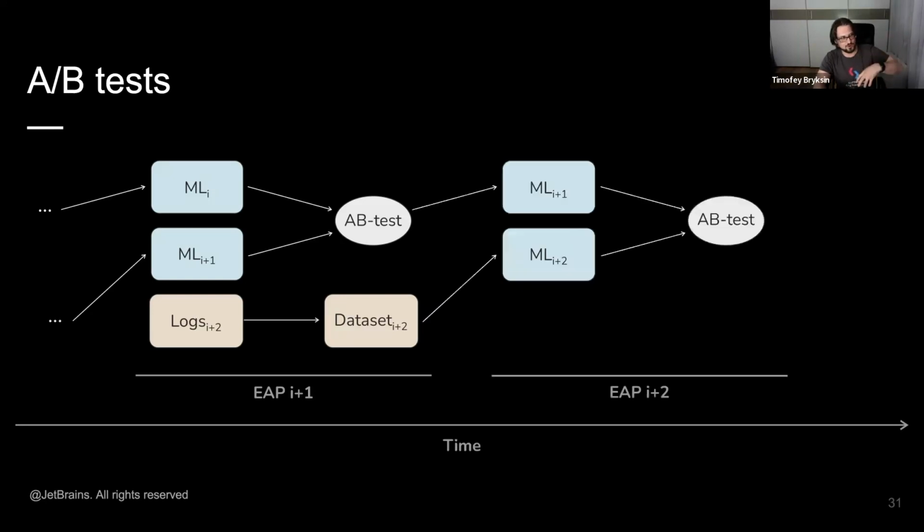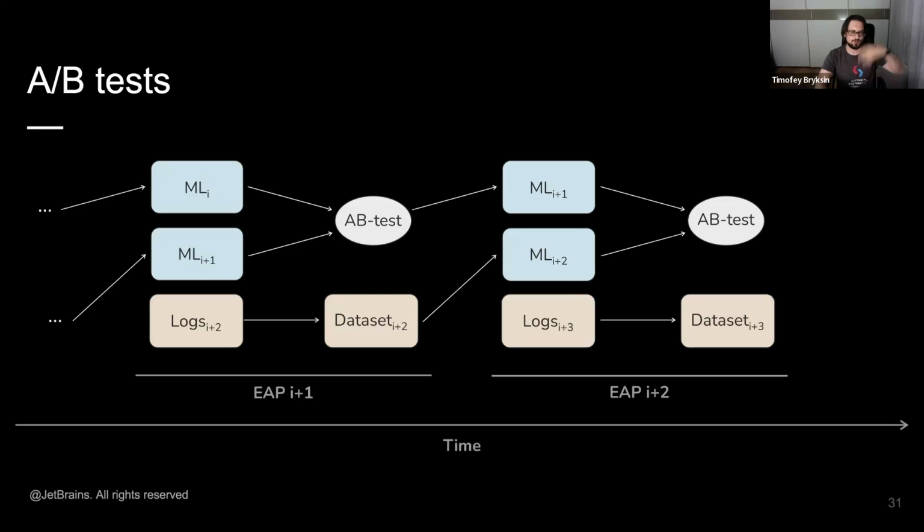Then we train the next model, we compare it to the current best performing model, and we use, again, a separate group of users to collect the data set for the next iteration. This happens several times a year, and this allows us to continuously fine-tune our models, adapt them to new environments, to new features of the language, fix different things, try new features, and so on. So this basically happens at every EAP release.